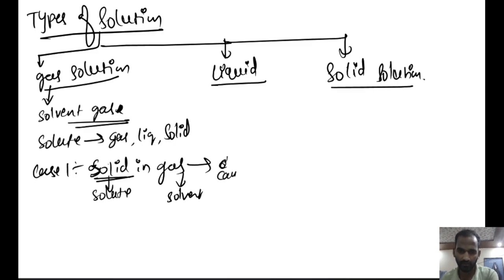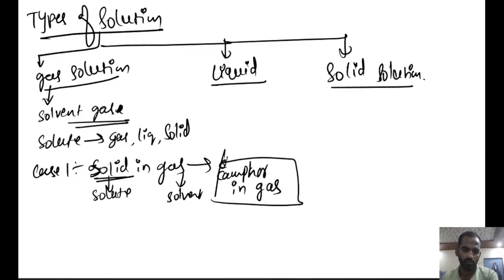Or when we burn camphor, a better example, camphor in gas. So this is one example for solid as solute and gas as solvent. Camphor is a solid here, and the gas, oxygen, will be the solvent. This is case 1. When we talk about case 2, that is liquid